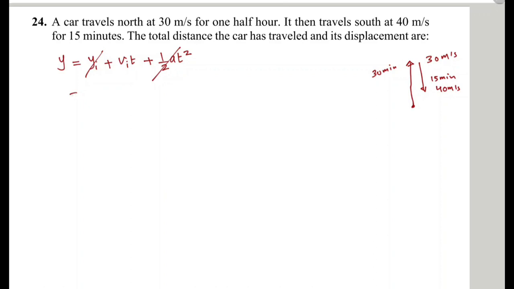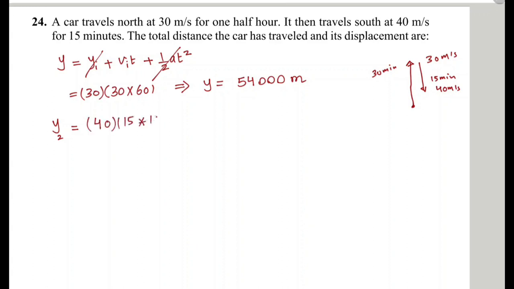So for this one, v initial equals 30 times 30 minutes times 60 seconds, and in total y equals 54,000 meters. Now y for the second part, same rule, it's 40 times 15 times 60,